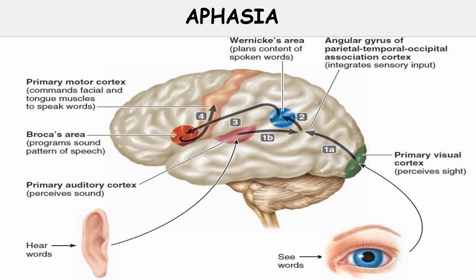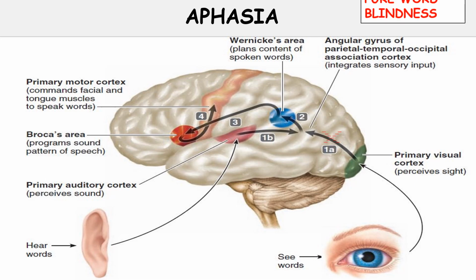Aphasia is the inability to understand spoken or written speech, or the inability to express spoken or written speech. You have to make sure that there is no mental confusion. As we have discussed, there are two important types of aphasia: one is sensory aphasia, another one is motor aphasia. So let us see what the other